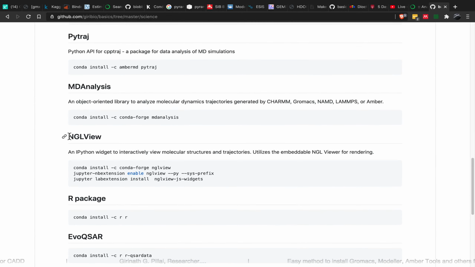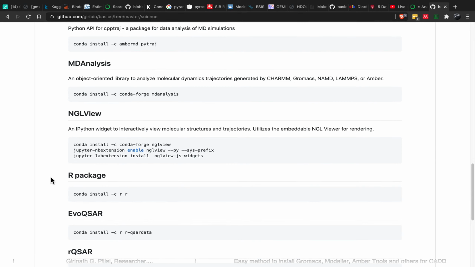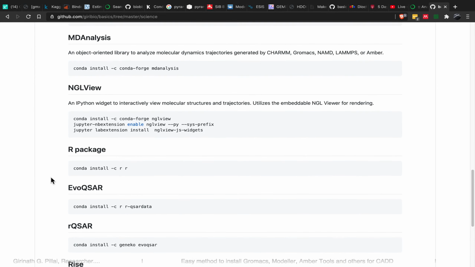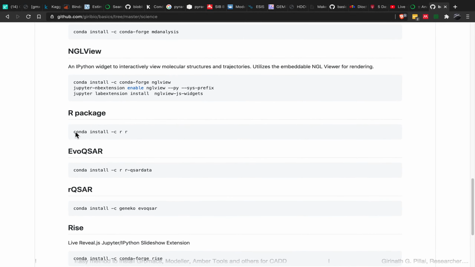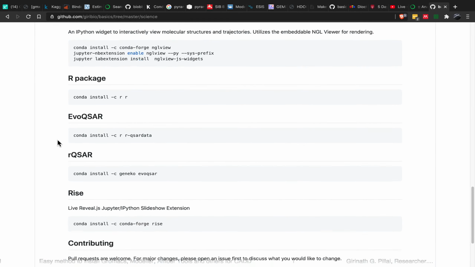MDAnalysis. nglview is a 3D viewer with which you can visualize structures and trajectories within the Python widgets. That's called IPython widget. Of course, in Jupyter notebooks, where I have already published the MD notebook as well as the modeler notebook, you have nglview built into it, and also the R package if someone is really working on statistics and others, and